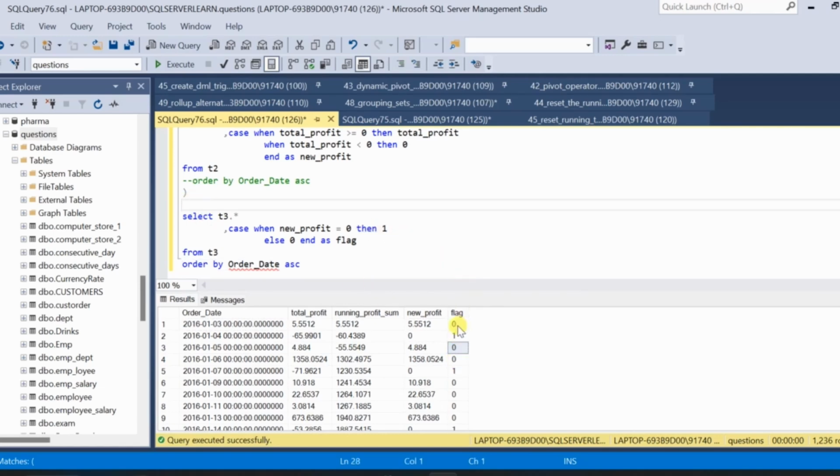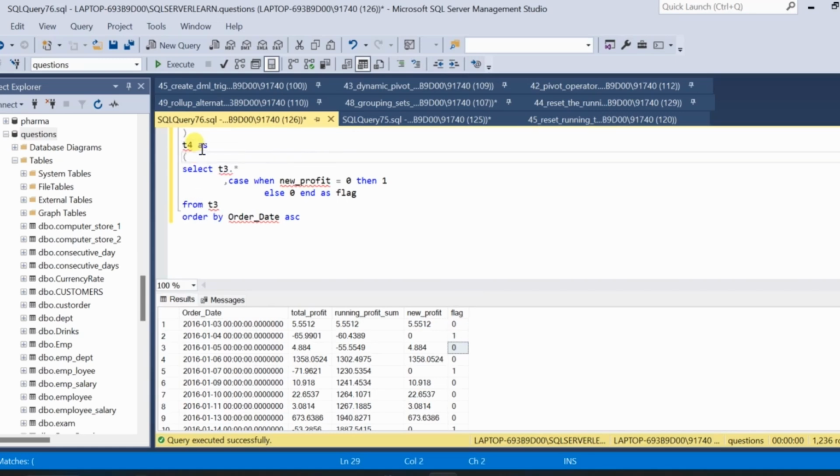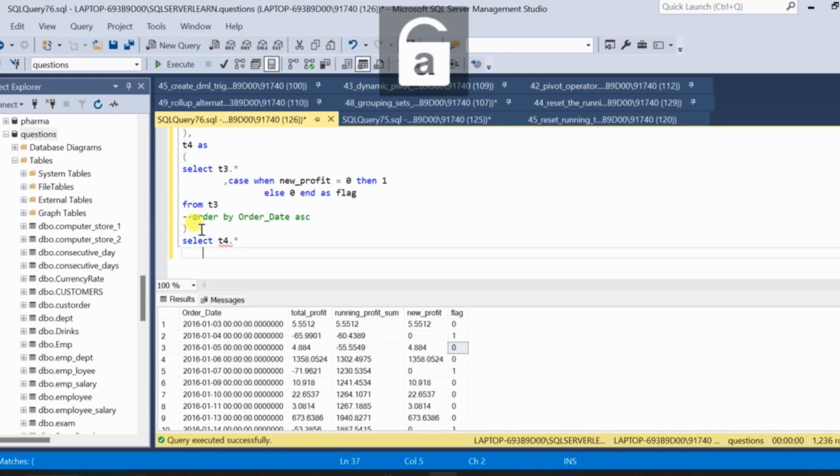Now we are going to use a sum aggregate function on the flag column, and we are going to create a new partition column. So we'll put this query inside a subquery, sorry, in a CTE. Then select T4 dot star, then sum of